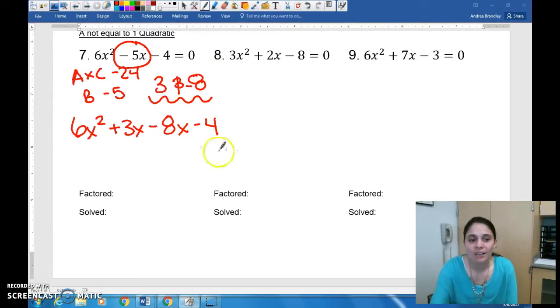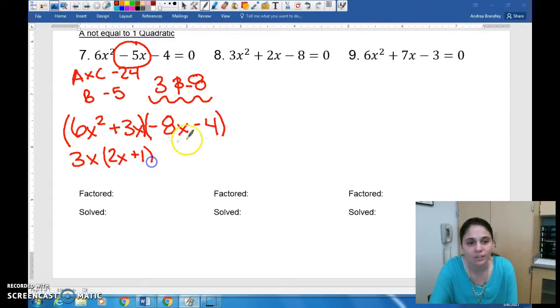And now this looks exactly like what we did on our factoring prep assignment, and I can just factor by grouping. So I'm going to group these two, group these two. On this side, 6 and 3, the only number I can pull out of both of those is a 3, and then they both have an x. So I'm left with 6 divided by 3 is 2x, 3x divided by 3x is just 1. And then on this side, remember I never want my x term to be negative, so I'm going to factor out something negative. 8 and 4, 4 goes into both of those, and then I'm left with 2x plus 1,